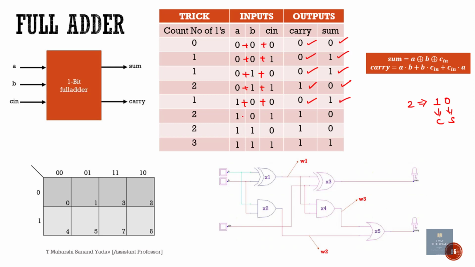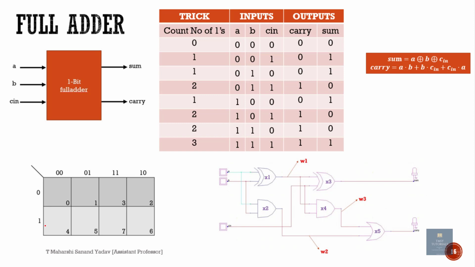carry 0. Next 1 plus 0 plus 1, which is 2. 2 equivalent is 1, 0. Same thing is applicable here also. 1 plus 1 plus 0 is 2, which is 1, 0. Next one is 1 plus 1 plus 1, which is 3. 3 in binary is 1, 1. So this one is carry, this one is sum. Once we are done with writing the truth table, next we need to do